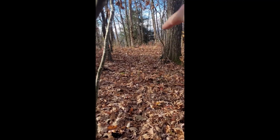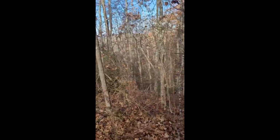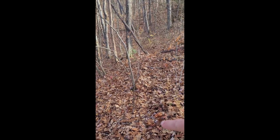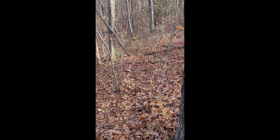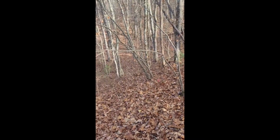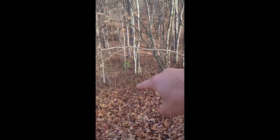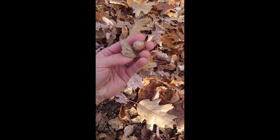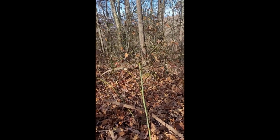Well, I didn't come much farther than that last one, but there's a really good trail that comes right through here. And it turns, it goes right up through here and cuts up the ridge, and that's where that horn tree was up here. So you've got two trails, you've got another one that goes right down through here. And it looks like it's well used. I'm actually finding some feeding sign. You can see right here, there's some red oak acorns in here,